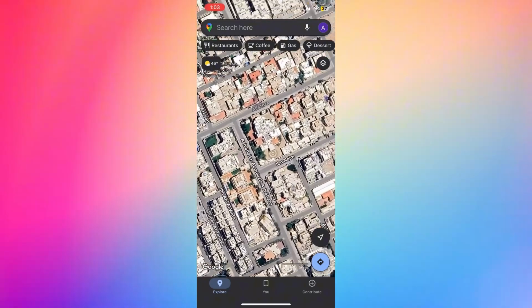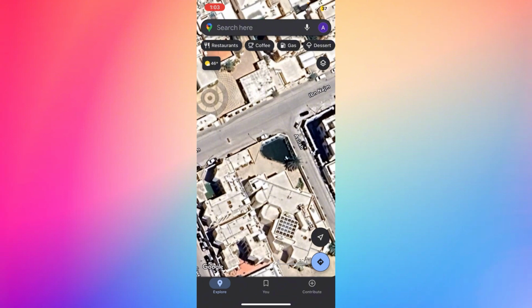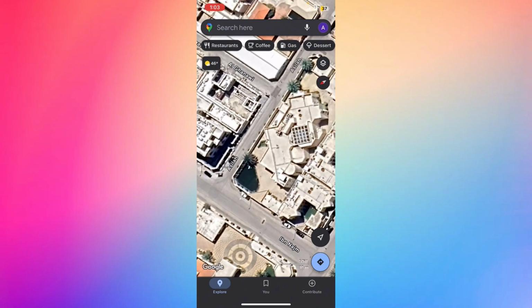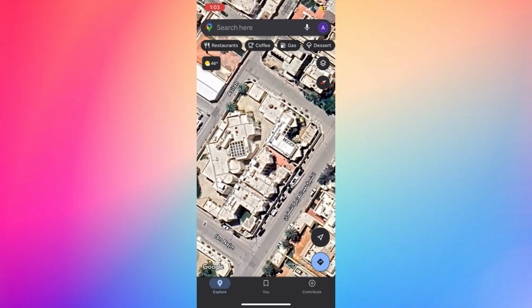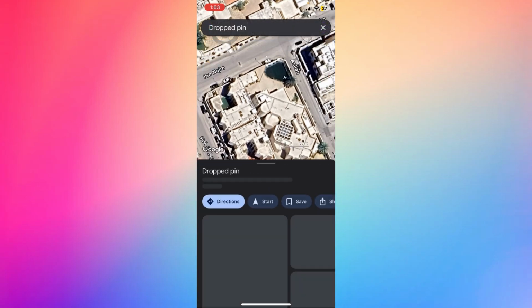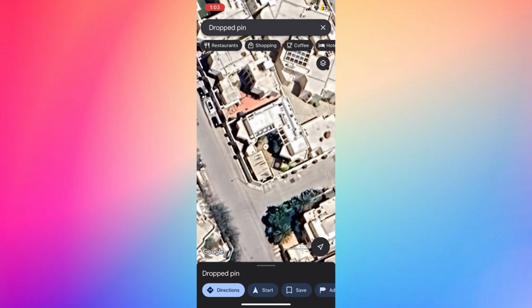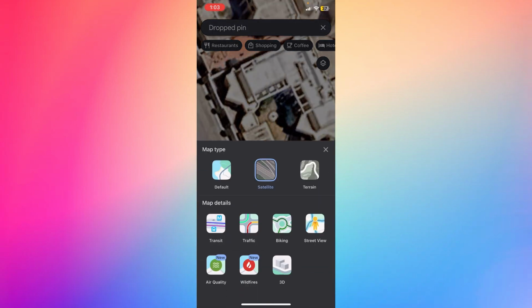So you can zoom in, and you can, I think, go to the right like this, right, and see different angles for that building, right? And you can go and zoom a little bit in, right? And you can choose double layer again to choose